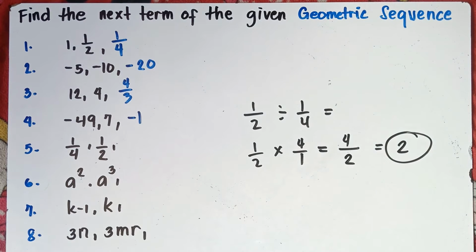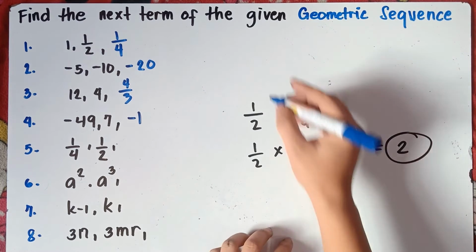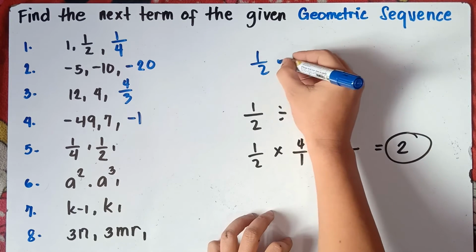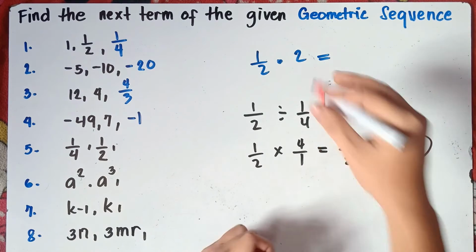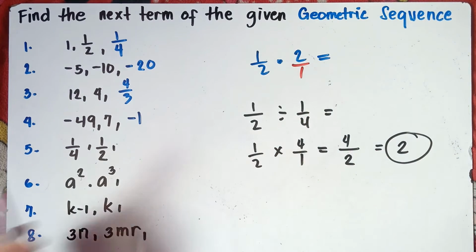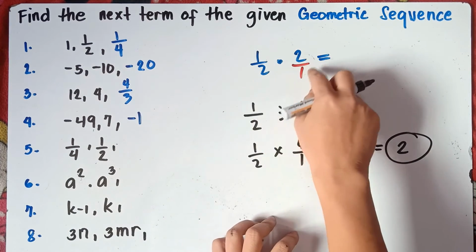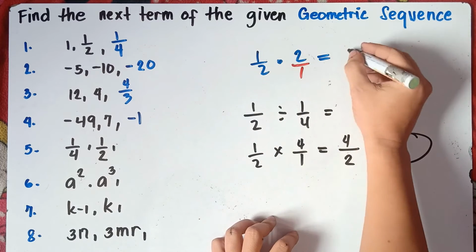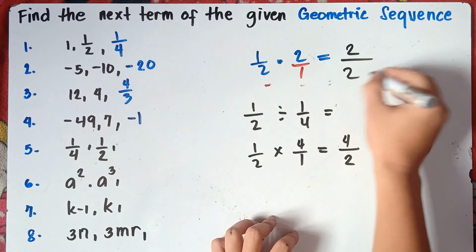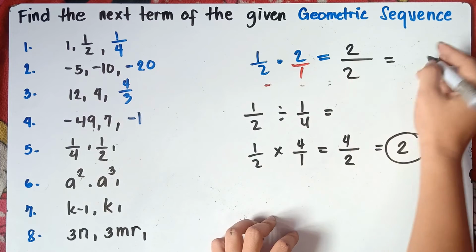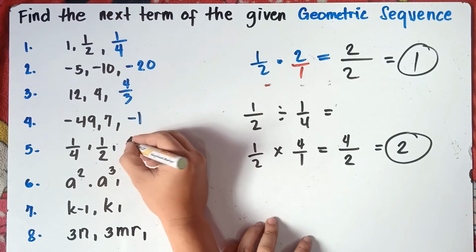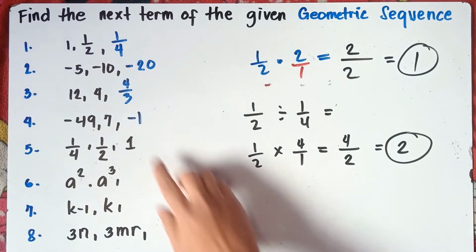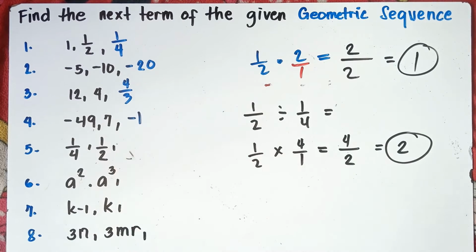Now to get the next number after 1/2, you just simply multiply 1/2 times 2. So this will be understood that there's 1 here for 2. For any whole number, there's 1 as the denominator. So 1 times 2 is 2. 2 times 1 is 2. And 2 divided by 2 is 1. So therefore, the next number will be 1. Sorry, I will just put it in blue, class. 1 is the next number.